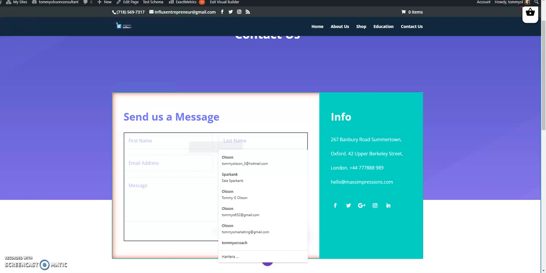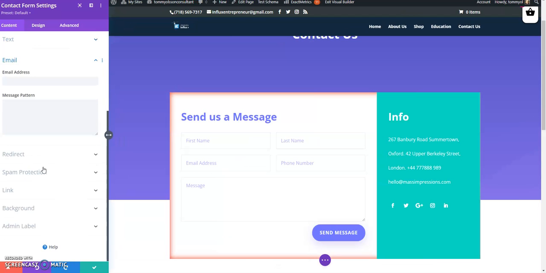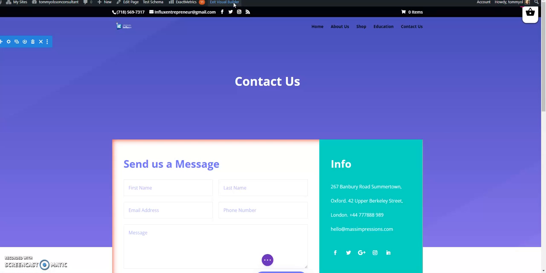You go to Email and enter the email address you use for your business. Then you click on this when you're done. Then you just save your settings, save your work.